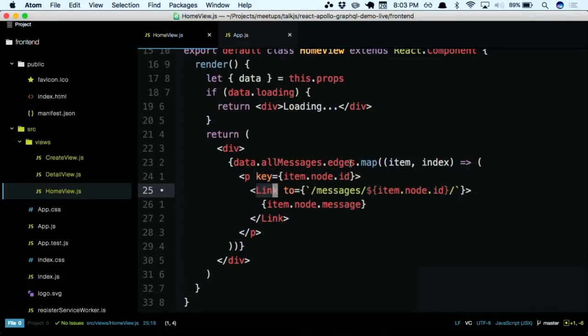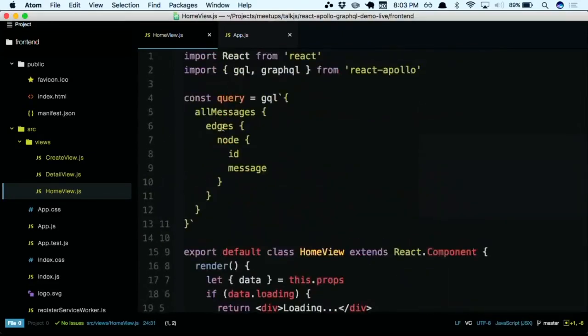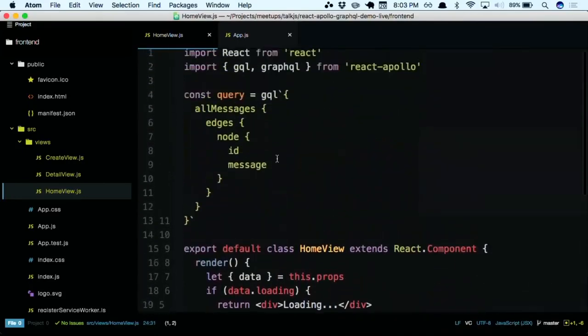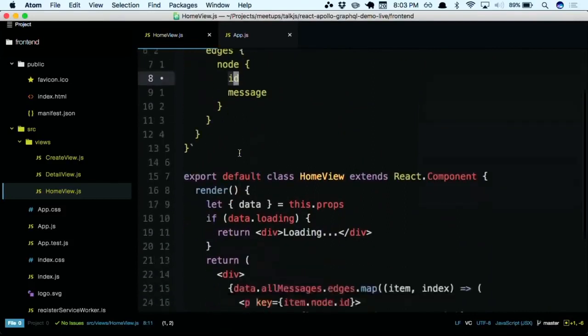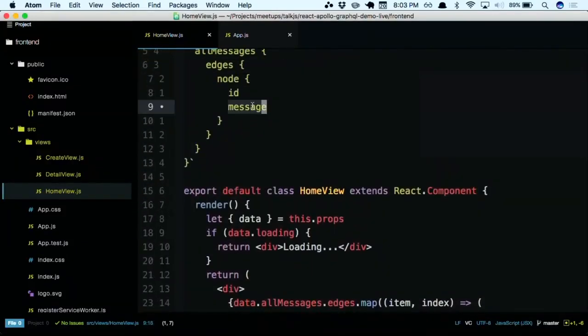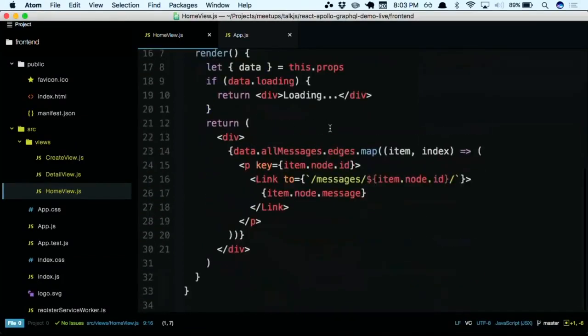So in this case, item is one edge, right? And we know that inside an edge, there is node. So I will have to do item.node.id. So this ID is basically the data that I have requested, right? And this message down here is also the data that I have requested in my query. All right? So hopefully,